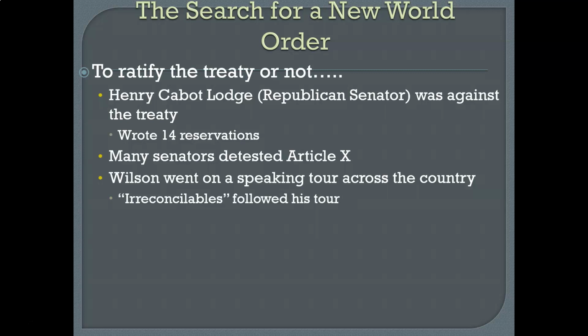And essentially, they're going to follow his tour. And let's see if I can find that little section here as well. Wilson decided to appeal to the public and embarked on a grueling cross-country speaking tour to arouse public support. For more than 3 weeks, he traveled over 8,000 miles by train, speaking as often as 4 times a day. After speaking in Colorado on September 25, 1919, he collapsed with severe headaches. Canceling the rest of his itinerary, a few days later, he suffered a major stroke. For 2 weeks, he was close to death. For 6 weeks more, he was so seriously ill that he virtually made no public appearances.